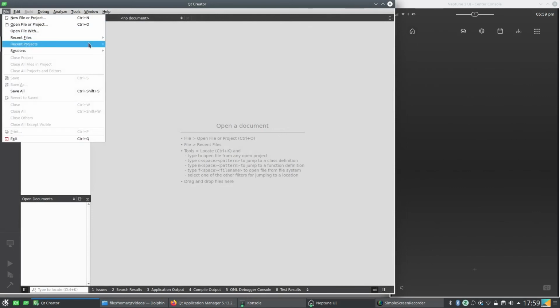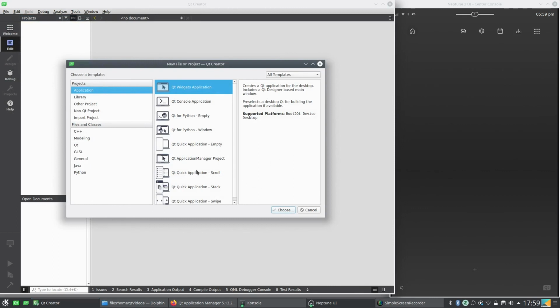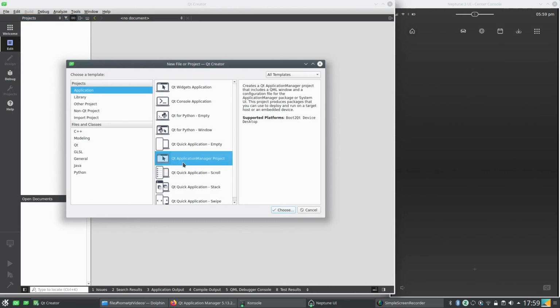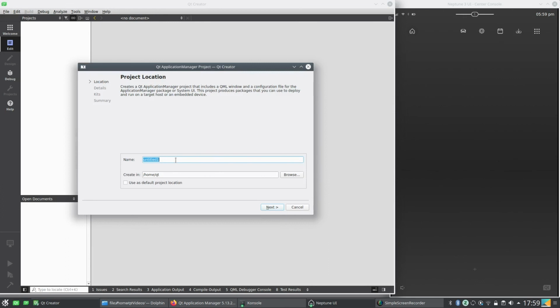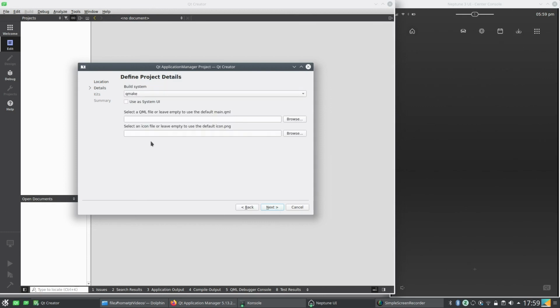And what you can do in the first steps, just to try it out, is to open the Qt Creator wizard, and there's a special section named Qt Application Manager Project. So you select this project category, add a name, and go further in the wizard. You can also select here to create a skeleton and basic system UI. I will not do it right now because I just wanted to show an app, but this is also possible,